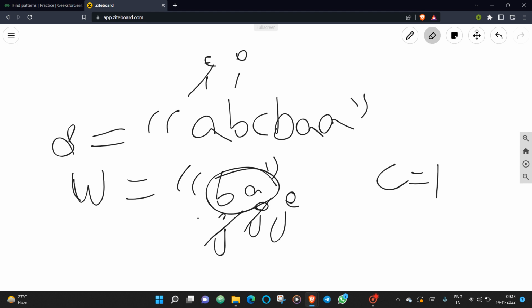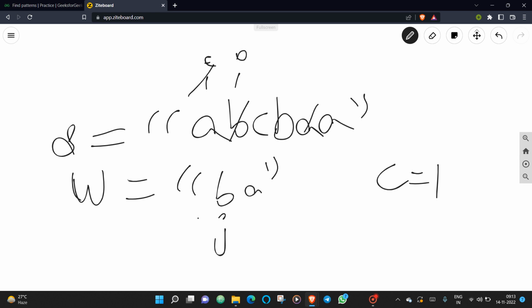Now you need to get back to the initial position. Now you are standing at this position. You have visited these two strings. Now you'll move your I pointer to here and you'll check these two characters are not matching. So again you'll move your I pointer to the next one, and since both characters are matching, you'll take